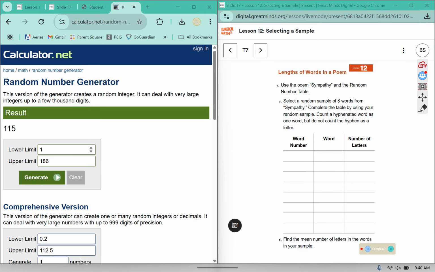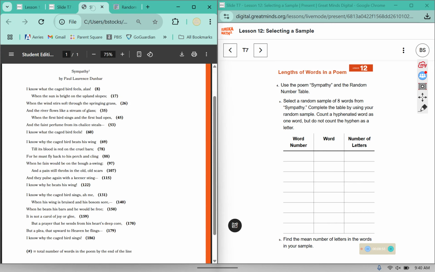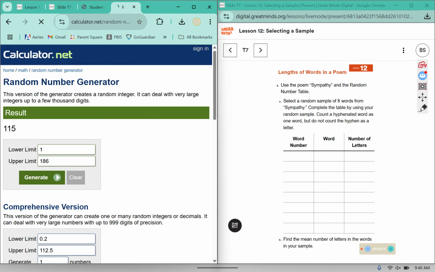So I'm going to use this random number generator to help us generate some word numbers here. I saw in the poem that there were 186 words total. So our first one is word number 94, then word number 62, 55,